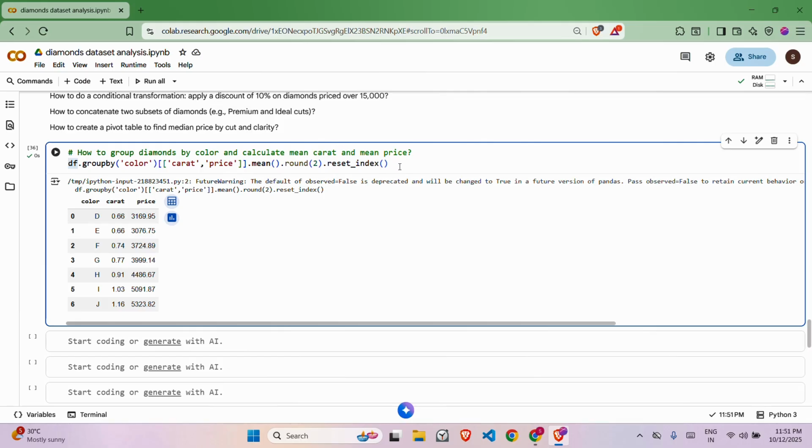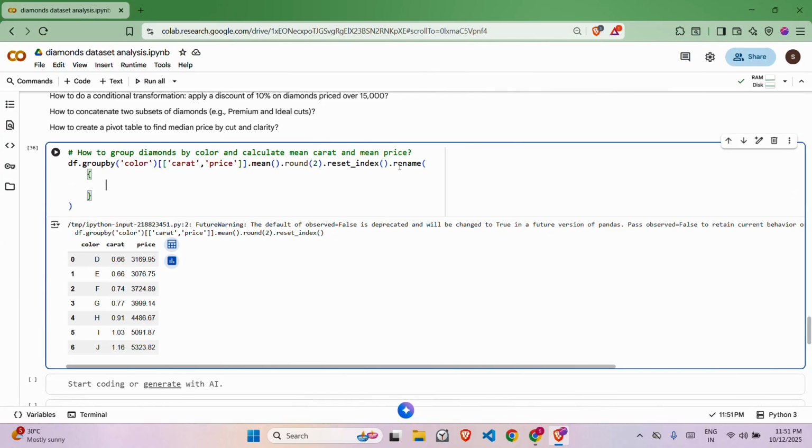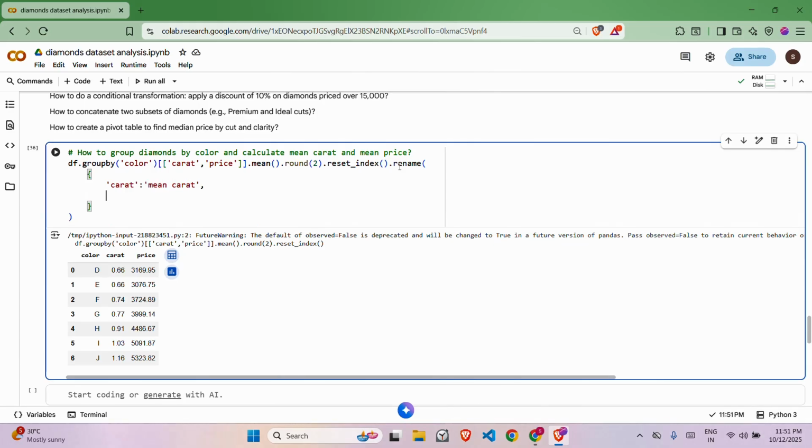Also, if you want to rename the column, you can rename here like this, rename, and it will have to be given a dictionary. So we will give the dictionary like carat will be mean carat, and price will be mean price. And if we run it,